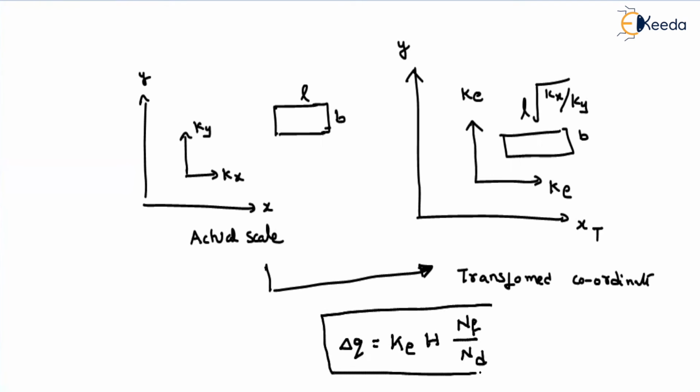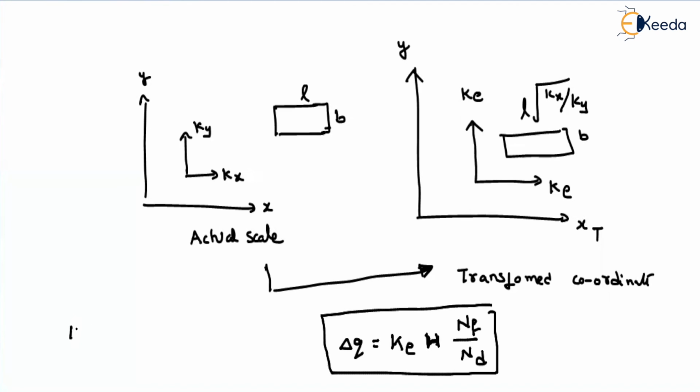Normally, we will not change the dimension along the potential lines. We will always change the dimension along the flow lines. That's why the head of the problem will not change. We are changing only the width along the flow dimension. So this is for flow happening in two dimensions.